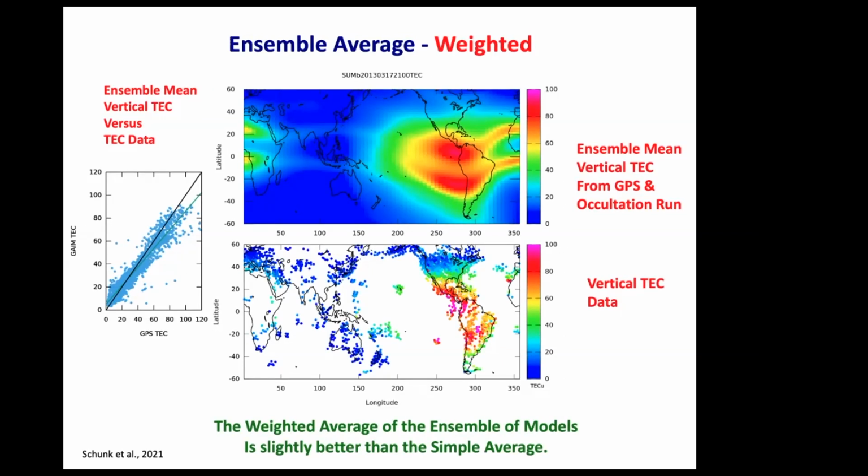We also considered a case where a weighted average of the 6 ensemble members was used instead of a simple average. How Larry Gardner set up the weighted average is described in the Space Weather 2021 publication given in the reference list. For this specific case, the weighted average was slightly better than the simple average. However, a lot of additional work needs to be done before general conclusions can be drawn about how useful this technique is.